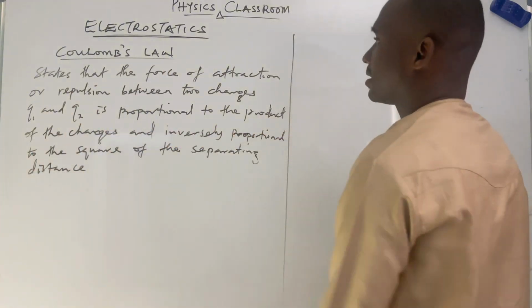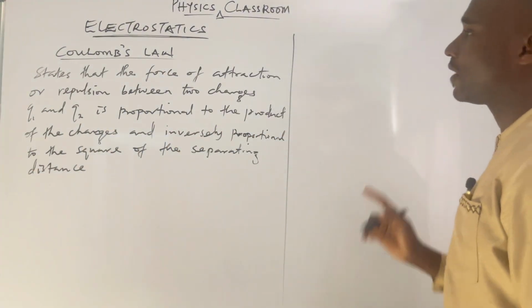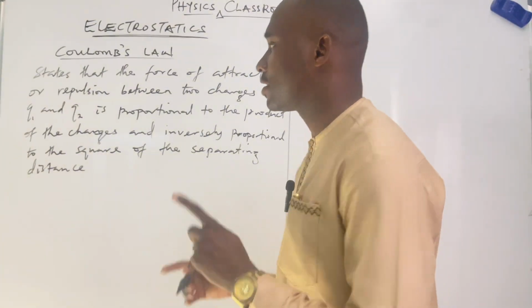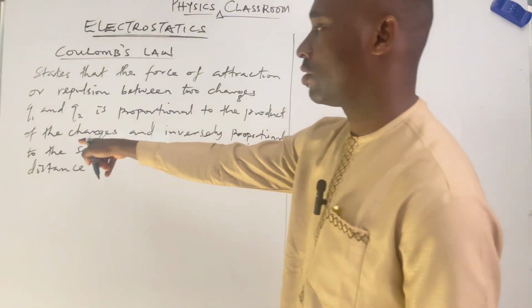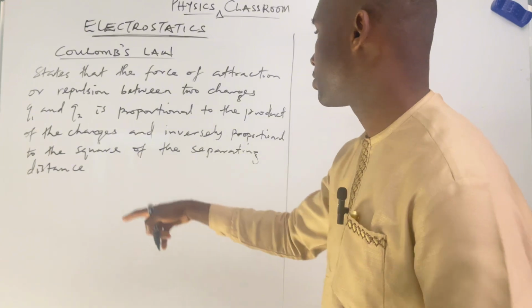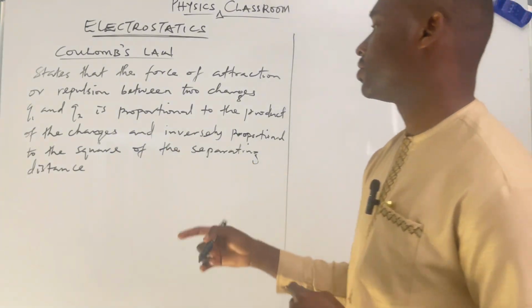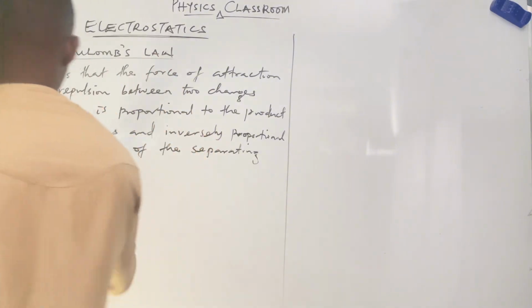Coulomb's law states that the force of attraction or repulsion between two charges Q1 and Q2 is proportional to the product of the charges, that is Q1 times Q2, and inversely proportional to the square of the separating distance. Mathematically,